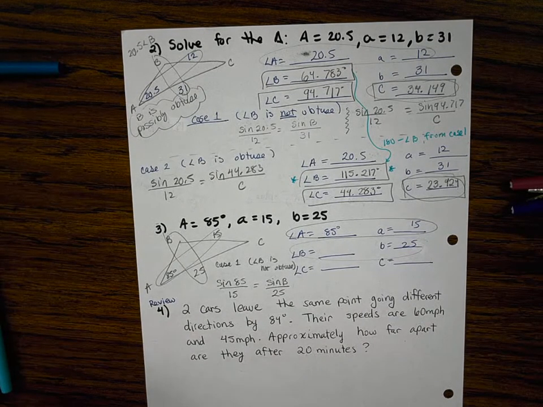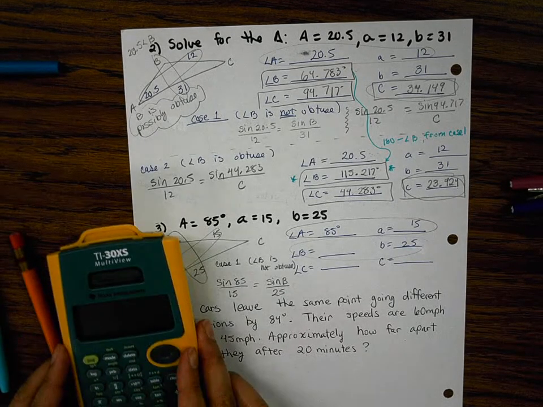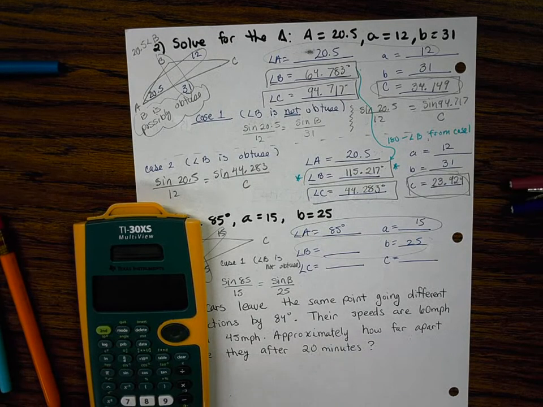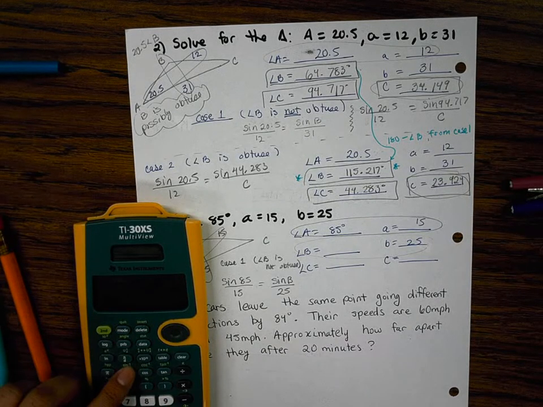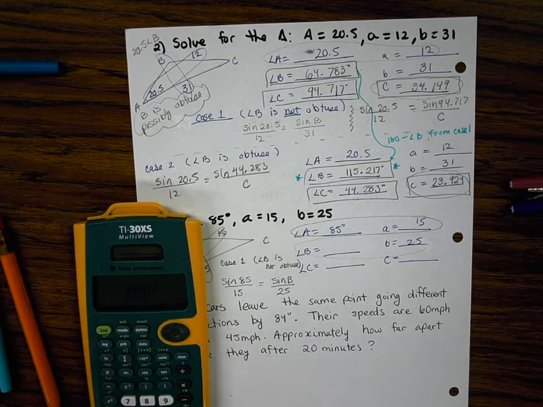Cross multiply, divide, plug it in your calculator. Don't forget to use your inverse key. Go ahead and try that now. I have 25 times sine of 85, close parentheses, divided by 15 equals, and then second sine, second answer, and